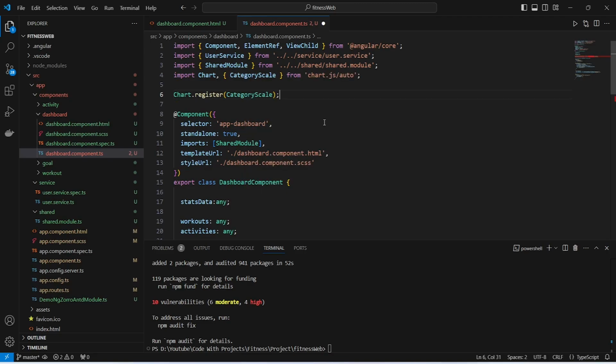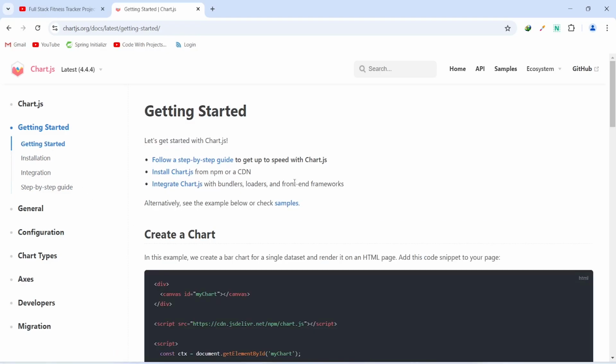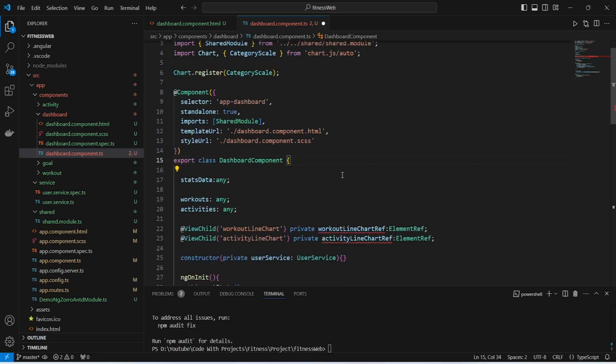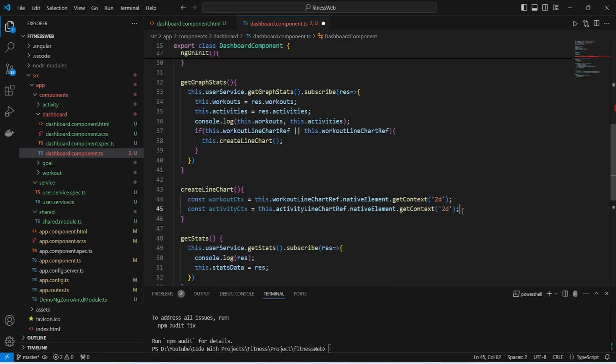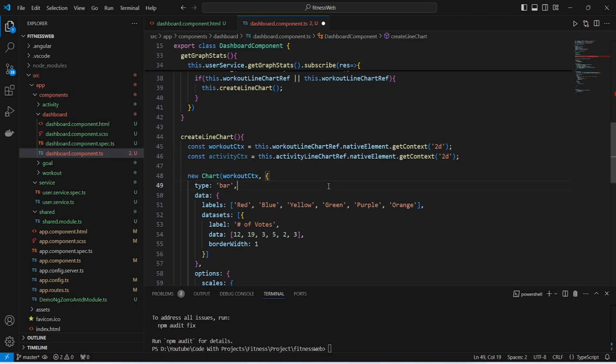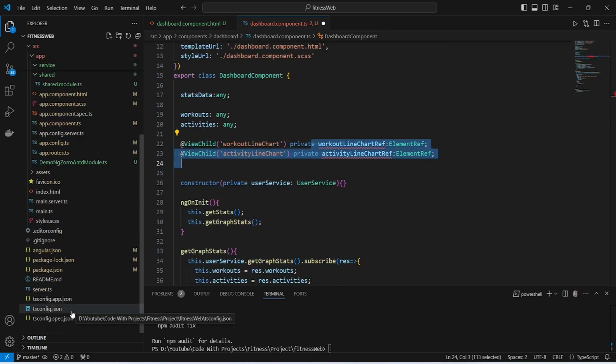Now let's go back to the website, and from this website we need to get the code of a sample chart, and to do this we will click on this get started button, and from this page we will copy this code to create a bar chart, and then let's go back to our Angular application, and in our Angular application we will go to the create line chart method and we will paste this code here, and after this we will replace this ctx with workout ctx,